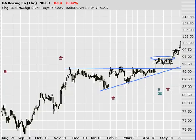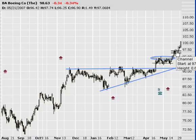If you look here, there was a little bit of a basing pattern here, not for nearly as long, but for a few days, up at about $97 per share. To me, a little bit of consolidation, that seems like a reasonable area to set my risk. Now that my stock's trading at about 100, why don't I move it up to 97? Still gives me a little bit of flexibility. That's probably double the current ATR for this stock,